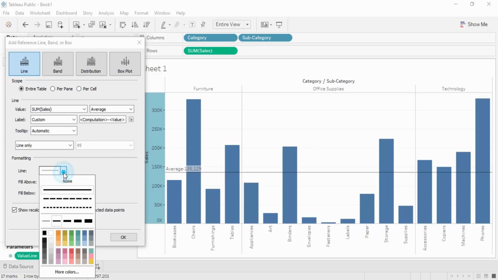So these are the formatting options that are available. From here you can select the color of the line, the type of the line, and the width of the line, right? Suppose we want a dotted line or a dashed line, we can just select it, or a solid line, and then the width of this particular line and its particular color. Just like this, you can select anything that you want.